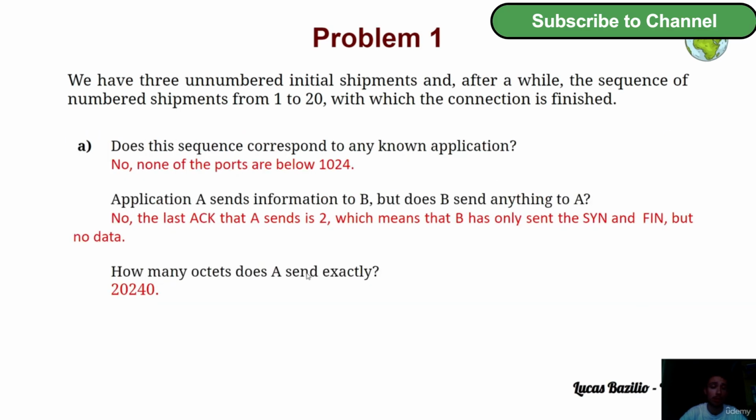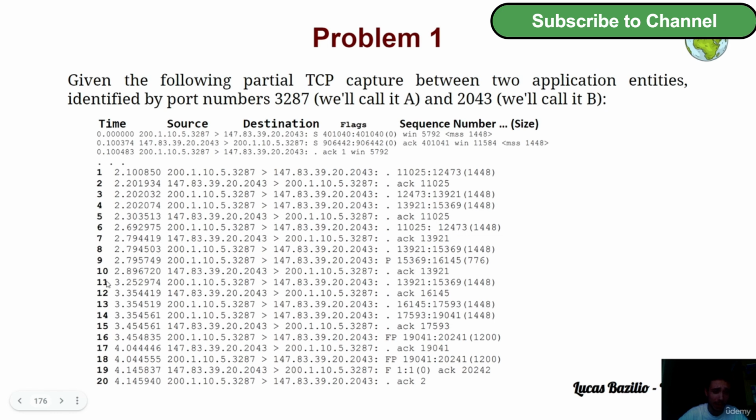If we analyze packet 11, it is a packet that comes from the application A to the application B, with this value of the sequence number. And then just after, we have the confirmation. This confirmation comes after about 100 milliseconds. In the same way, packet 13 is a packet from A to B. And then on packet 15, we have the acknowledgement from B to A, and again we have around 100 milliseconds. In fact, it is more precise to compute the round trip time with this last example, 13 to 15,